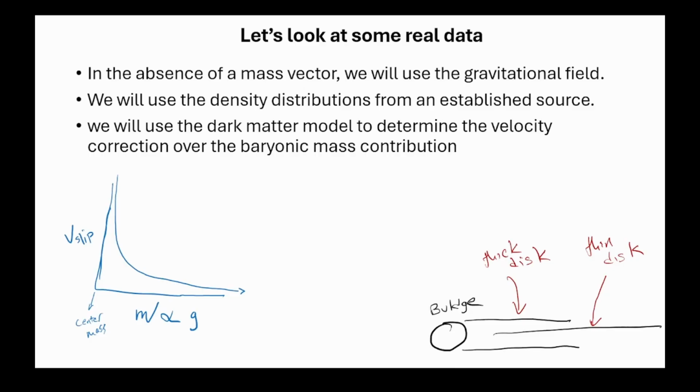And so essentially when we're looking at these galaxies, such as the Milky Way, you're going to have an area of mass in the center that's more spherically distributed. And that's going to be the bulge density distribution. Then you're going to have an area where the disk is quite thick. And so then you're going to also have a thin disk. And so we're going to use kind of something like this, but we need to remember that